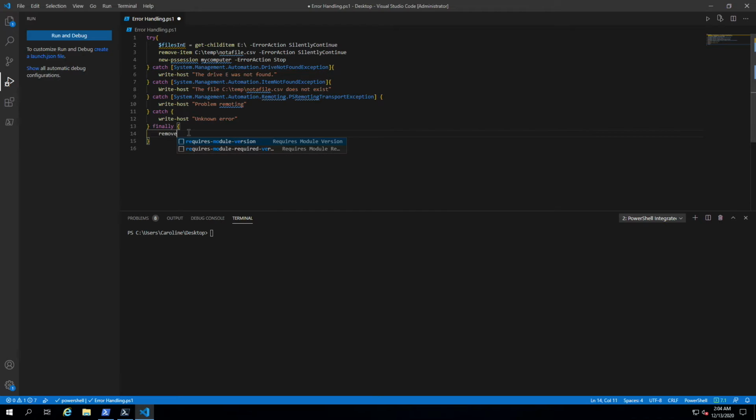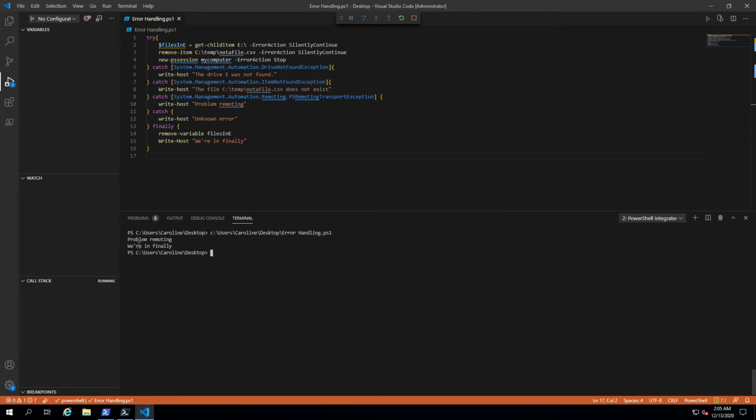So here we could do Remove-Variable, and we say files in E. Actually, that's not how you do it. It's -Name. And it's Remove-Variable. Right? You actually don't need the name. And so this will allow you to remove a variable. And let's make sure we're in here. Write-Host, we're in finally. And if we run this,